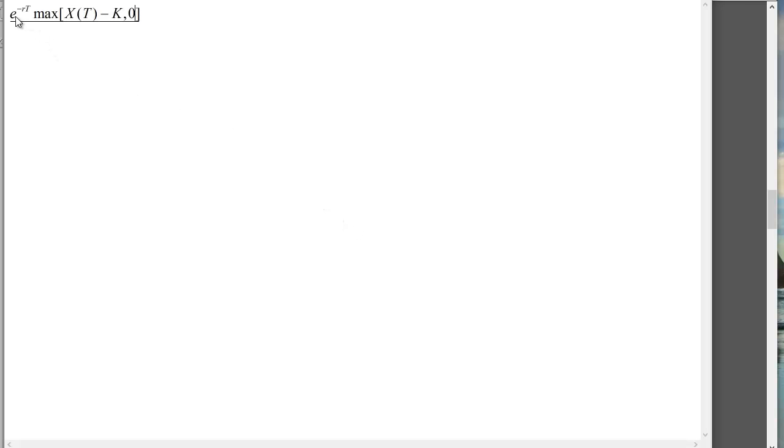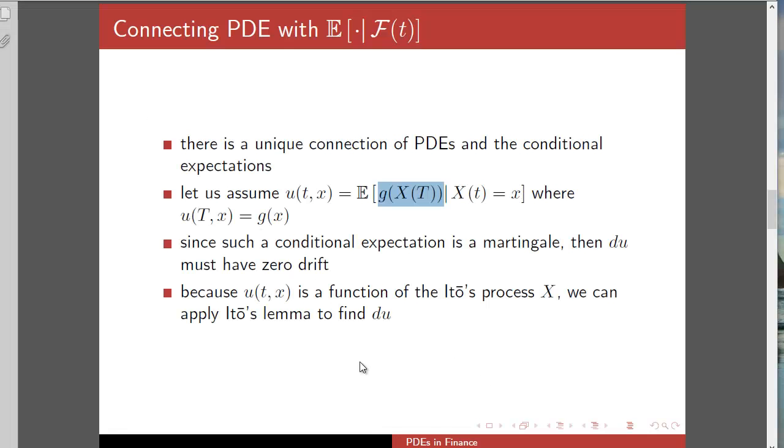So this would be g of x, but we have some extra discounting term as well here, and